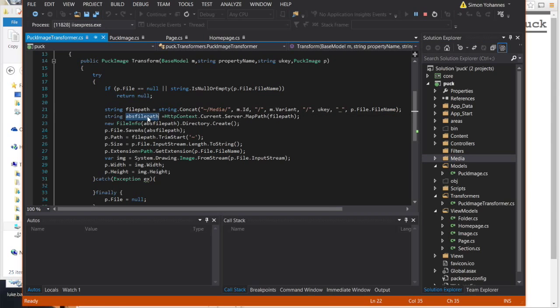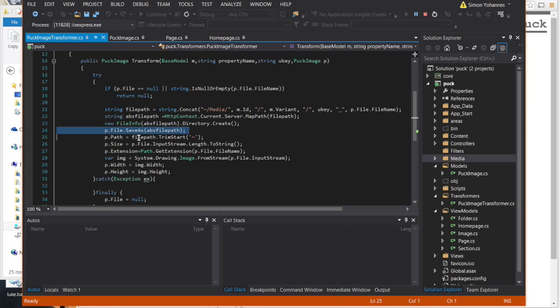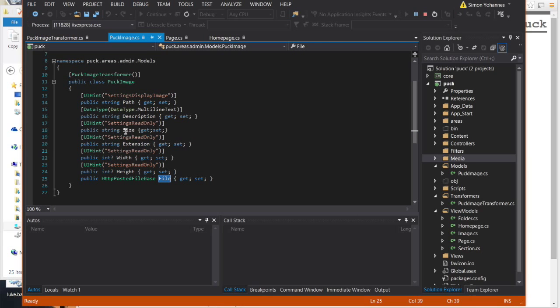I can get the absolute file path, and I can create a directory if it doesn't exist, and I can save that, and then I can actually save the path that I've saved it to in my path field. You see that there's the path field here in your Puck image model,